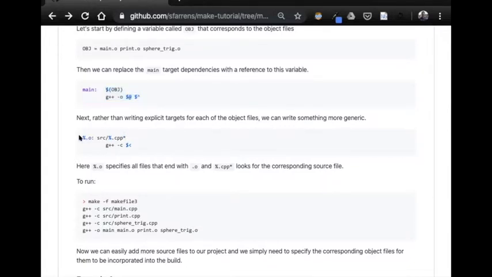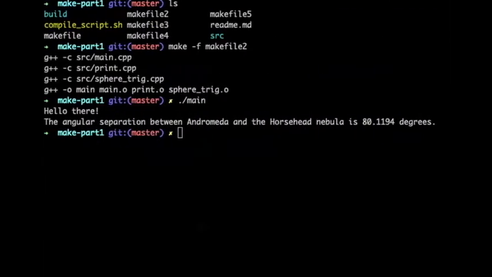So what we can do is use this percentage symbol, which means do a lookup for things that match this pattern, which is .o. So basically all the .o files, all of my object files, depend on the corresponding .cpp file. So essentially we can say, okay, all of my object files and all the corresponding .cpp files, and do this. So now we have an extremely generic command for building all of our objects. And again, we can prove